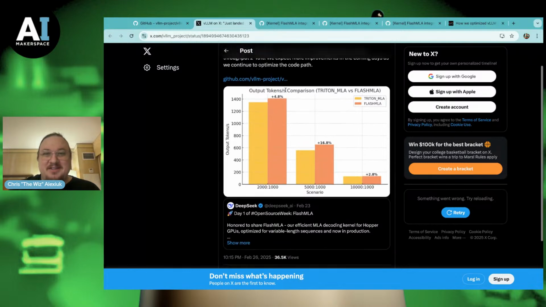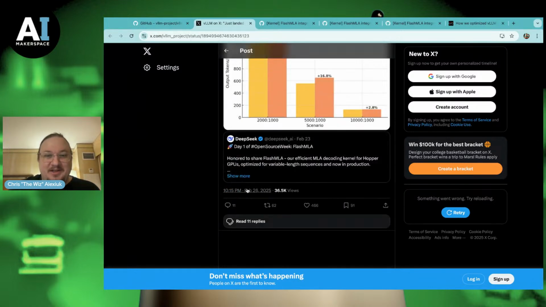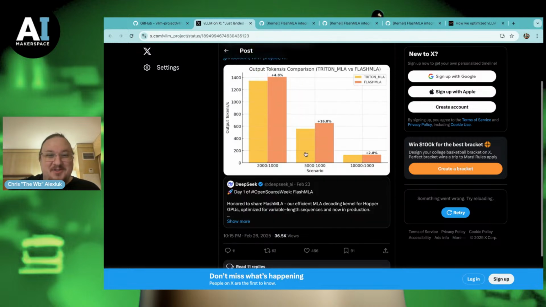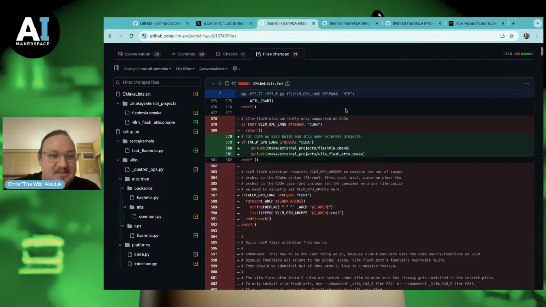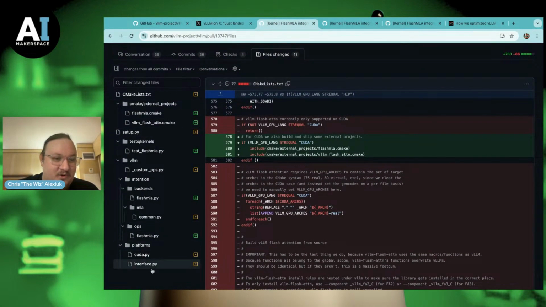So you'll notice that this tweet from vLLM was on the 26th, and the release was on the 23rd. So they're cranking, right? They were getting through these as fast as humanly possible. And this is the idea, right? We're just going to look at the one instance behind the code, but this is the amount of work that it takes to make this happen.